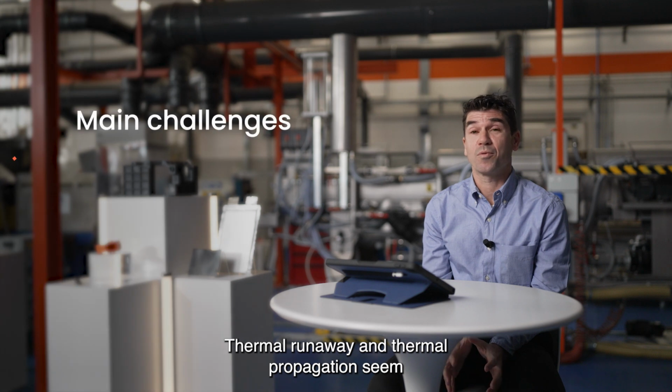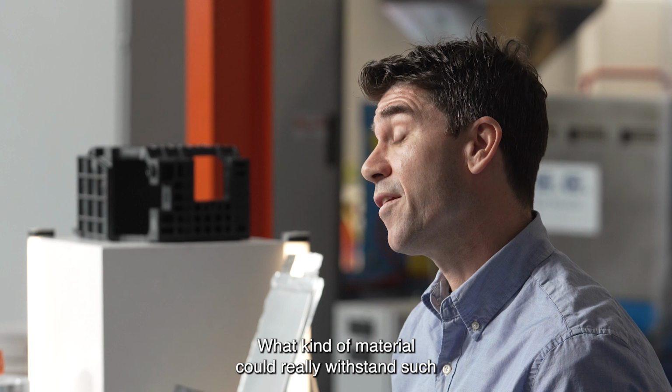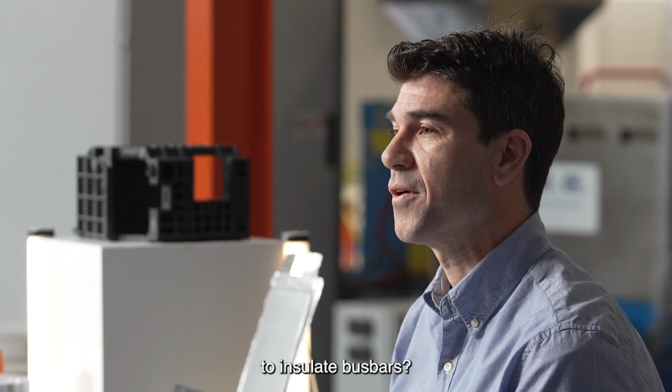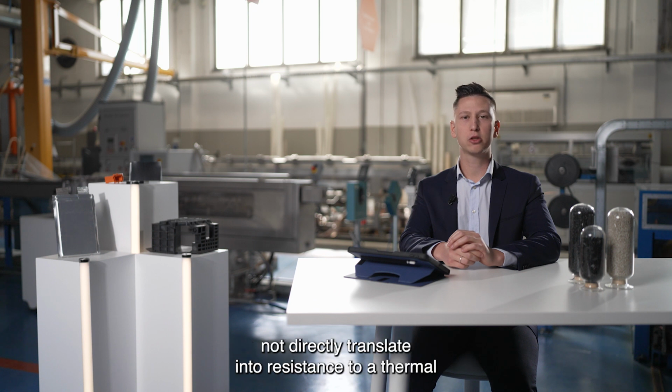Thermal runaway and thermal propagation seems like a huge challenge for any thermoplastic material. What kind of material could really withstand such harsh conditions, and what kind of processes could be used to insulate bus bars? The first thing to keep in mind is that flame retardancy does not directly translate into resistance to